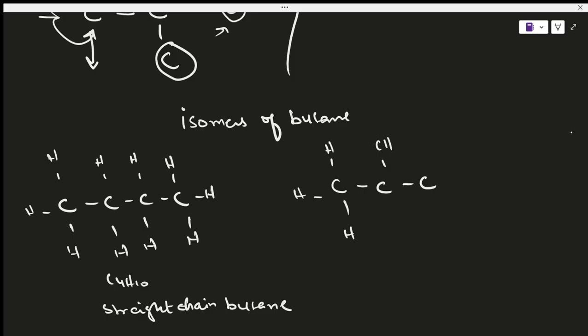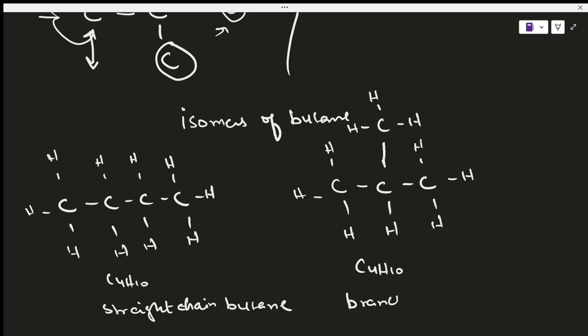So this here, I'll draw the proper branch. This is a C with an H, with an H here and an H here, and this is a CH3 as well. And you'll have one hydrogen here. Okay, so this is something. This is again a C4H10, and this is a branched